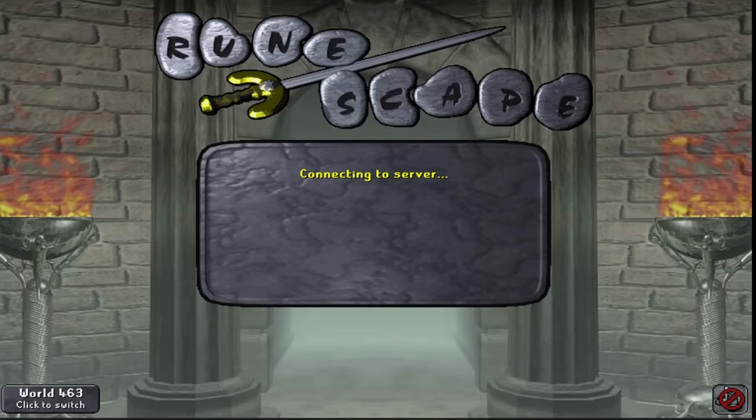Oh shit. Please connect. Please connect. This is such a dumb way to die. There's no way this is what takes my hardcore. There's no way. Please. Every time I open Runelight, it just...